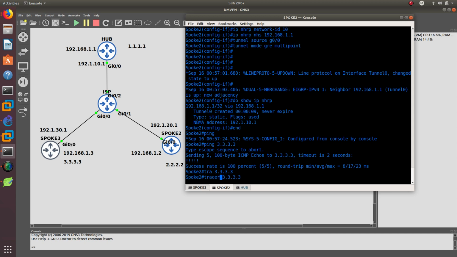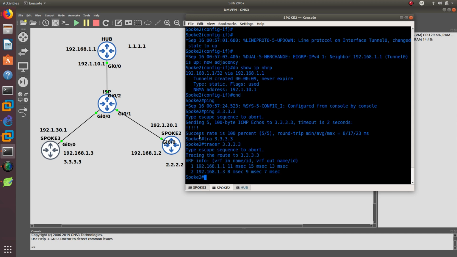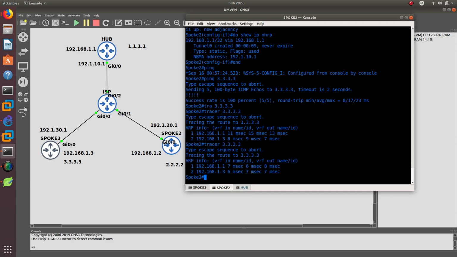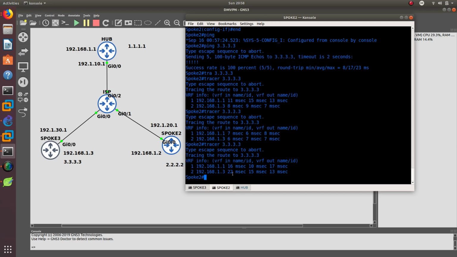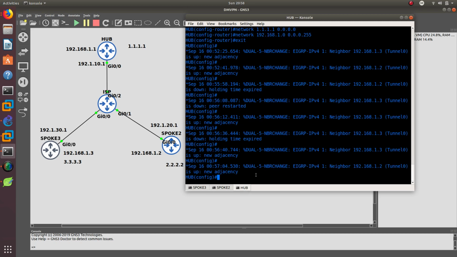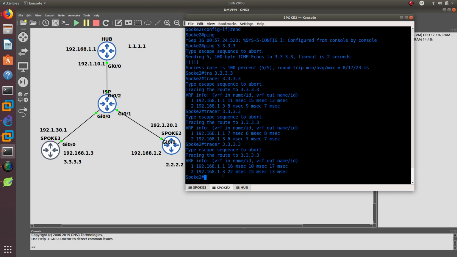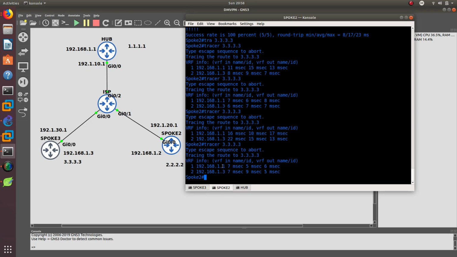Instead of a ping, I want to do a traceroute. As you can see, the packet is going through 192.168.1.1, which is the hub. But then after that, it should just go straight to the, okay, the tunnel has been created. It should now cut the hub, and these two spokes should be able to create a tunnel, which they have not done yet. Let's go ahead and ping